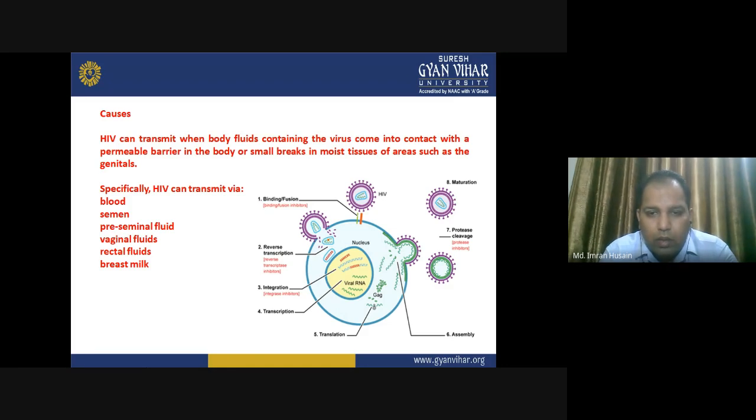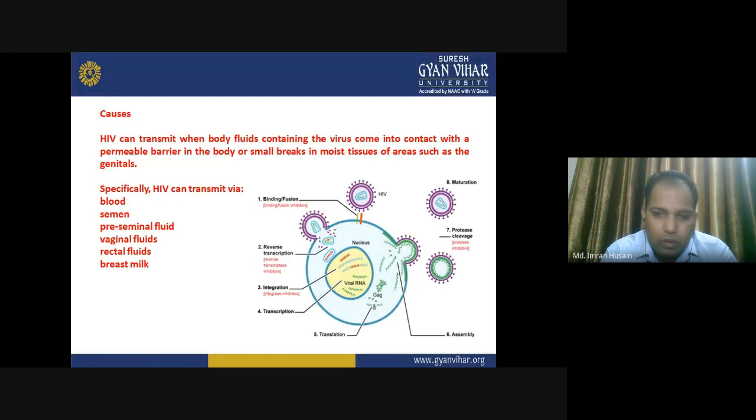In the second stage, the HIV virus injects its genetic material, and with the help of reverse transcriptase, its genetic material in the form of RNA is transcribed into DNA. The third stage is integration, where that viral DNA gets integrated into the genome of